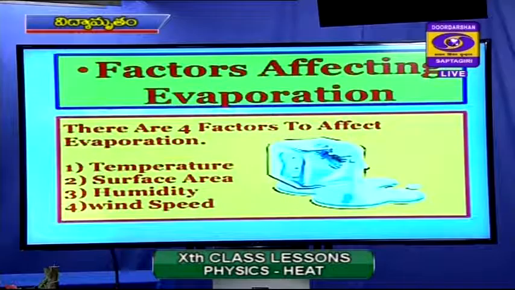This is a very important question. Based on this topic, they will ask you a 2 marks experiment also. There are 4 factors: temperature, surface area, humidity, wind speed. You have to note down these 4 factors affecting evaporation: temperature, surface area, humidity, wind speed. Now you can see